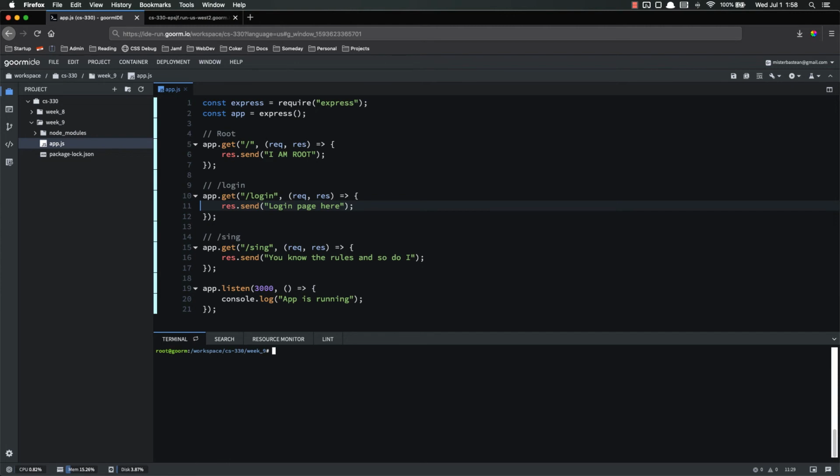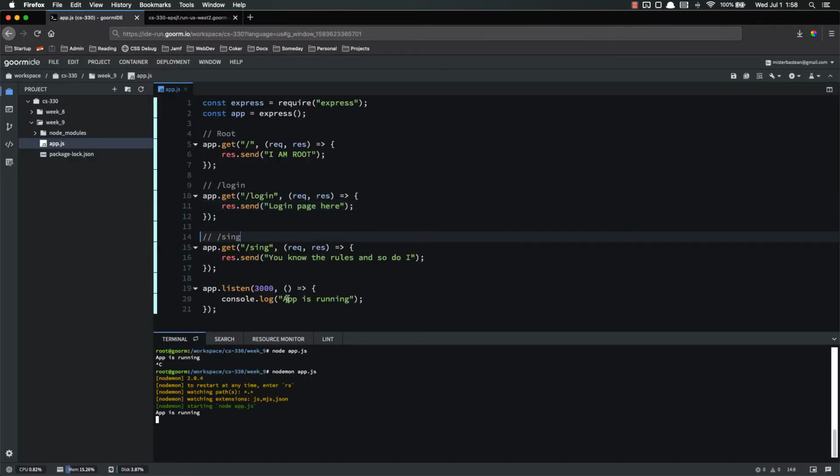So now let's go ahead and use that. Let me clear my console to make it a little bit easier. We used to run this with node app.js. App is running, works fine. Now instead of node, we're going to do nodemon app.js. Now app is running, and if I come over here and refresh, still works just fine. But what's cool is,